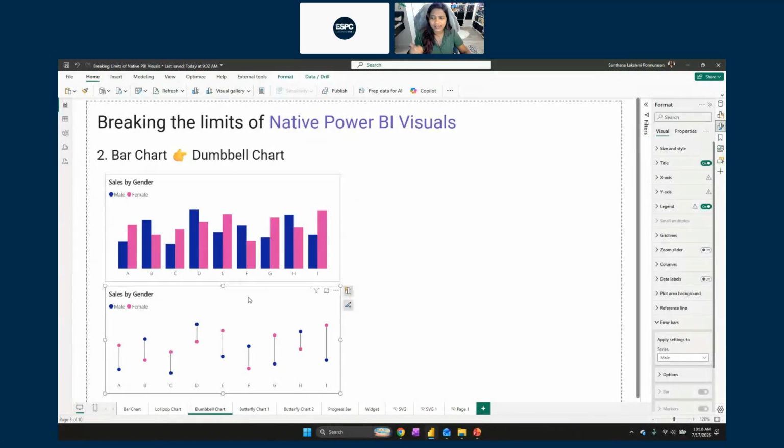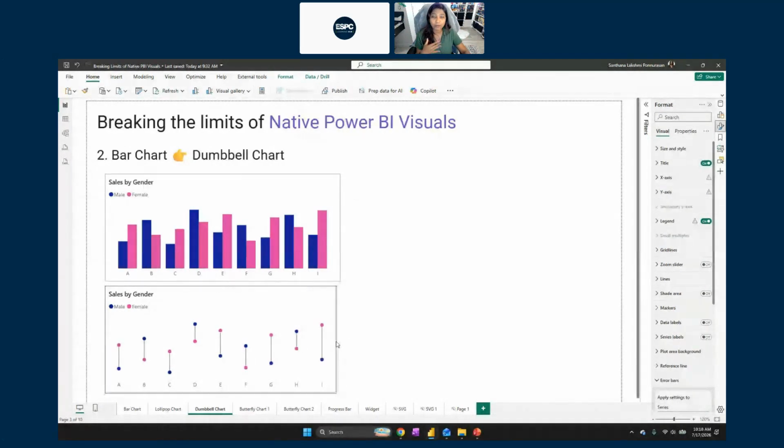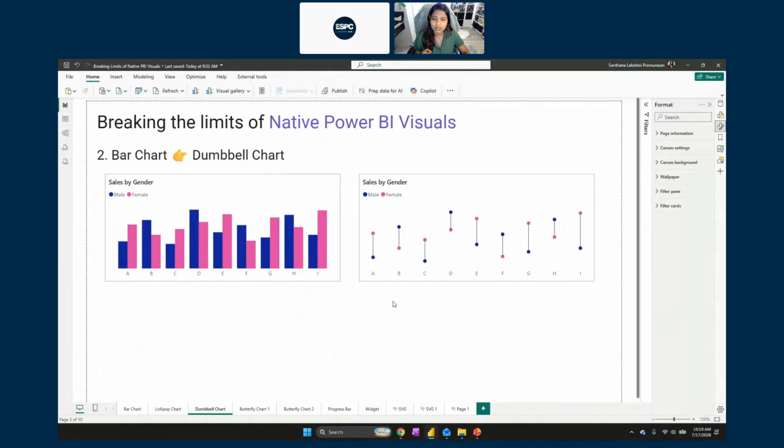Now, converting that into a very simple dumbbell chart like this makes it cleaner, makes it polished. And for people like me who get overwhelmed when things are thrown at me, this is very easy to digest. A couple of things to note here is in a dumbbell chart, you will be able to see the exact values. Like I see male, I see female. Now, since the female count is on the top, it's easy for me to conclude that females have been buying more, or males have been buying more.